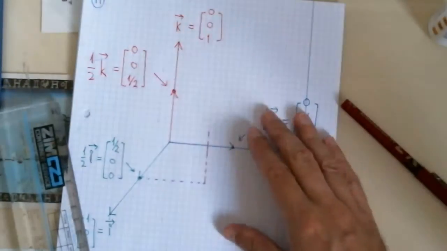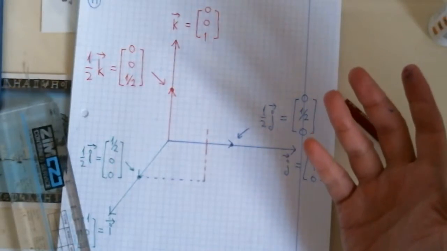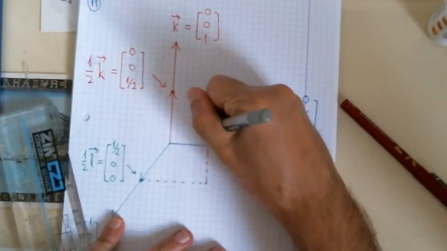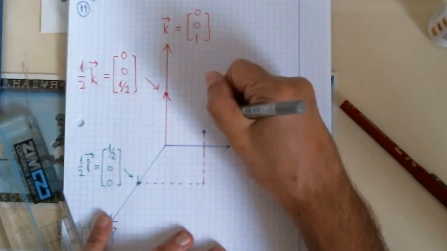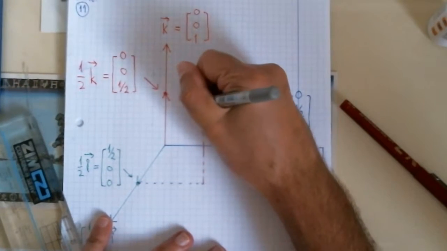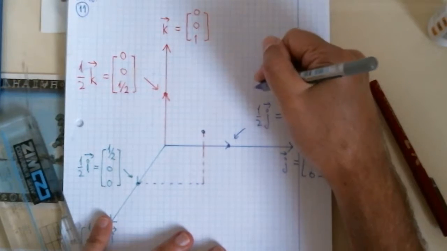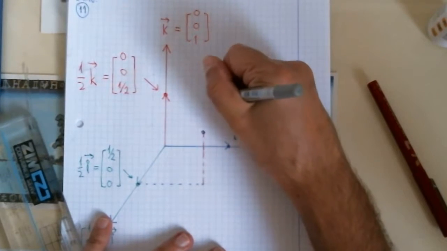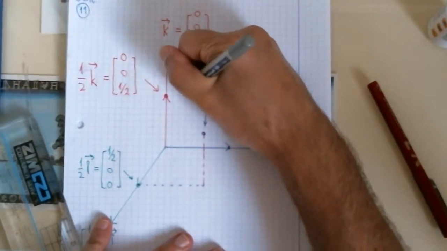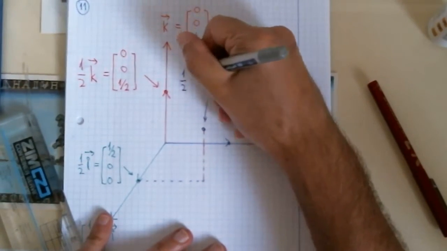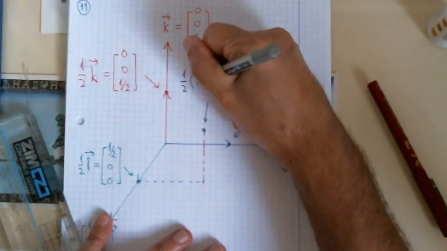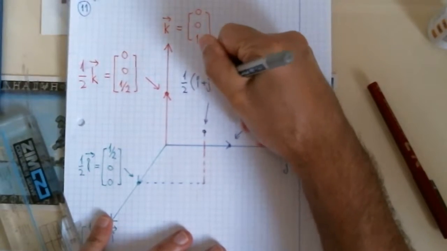This point, let's make it in purple. Okay, this is half I plus j plus k,